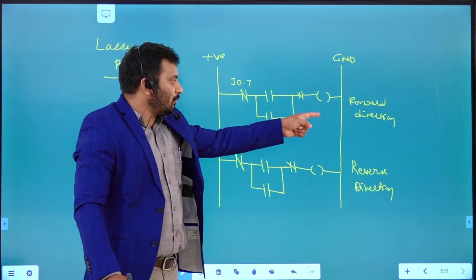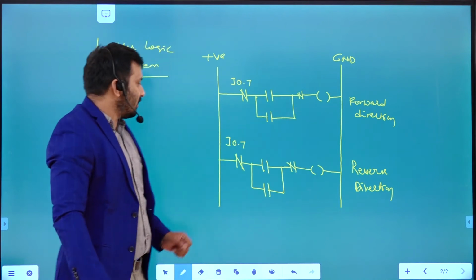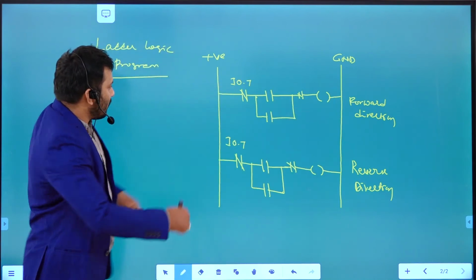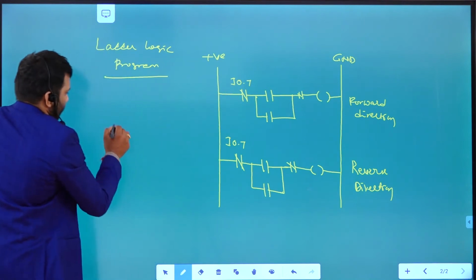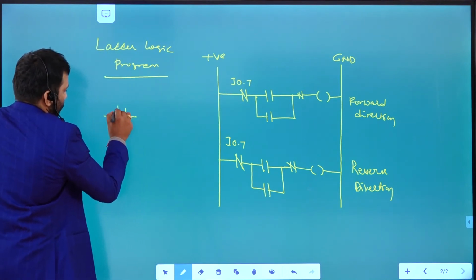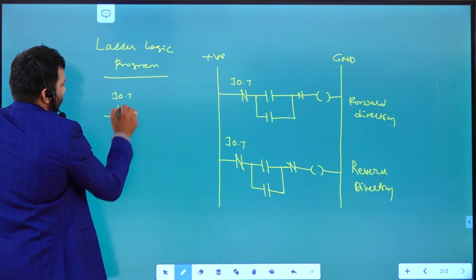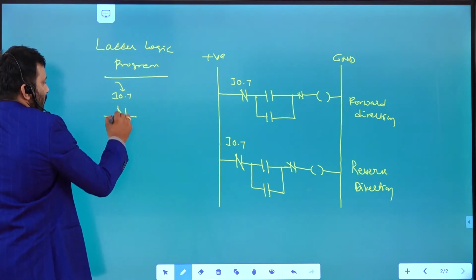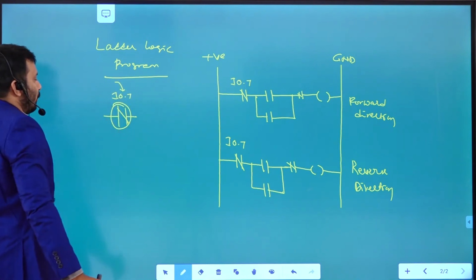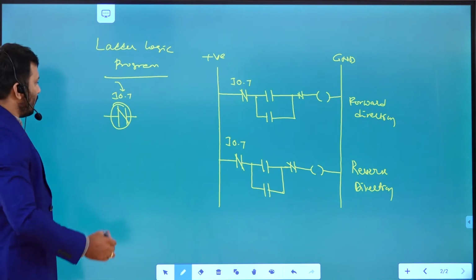The motor should not rotate in the forward direction and should not rotate in the reverse direction. See here, this is a normally closed contact. This I 0.7 is giving input data to this particular normally closed contact. What will happen?